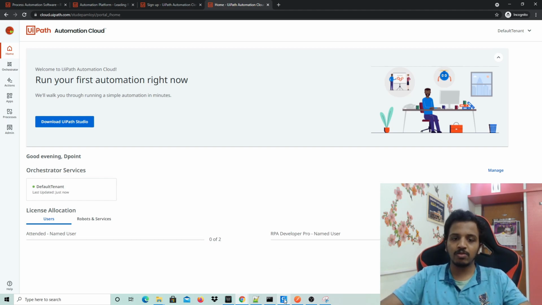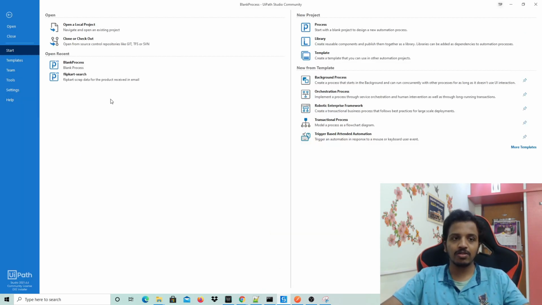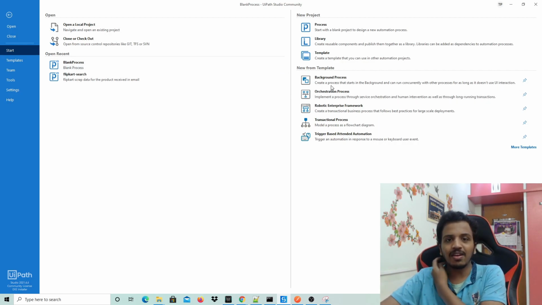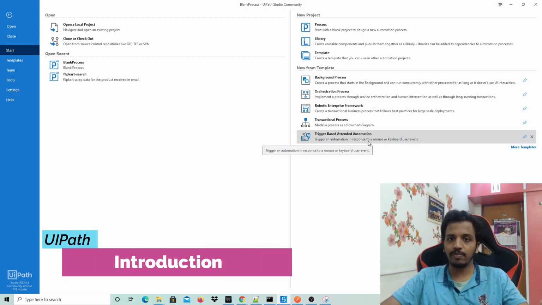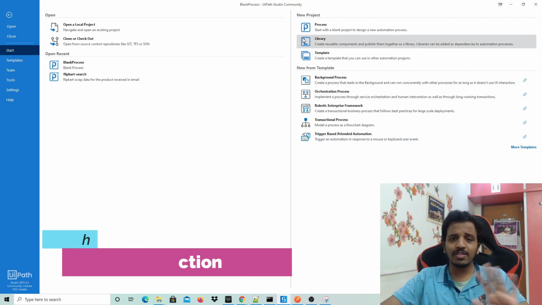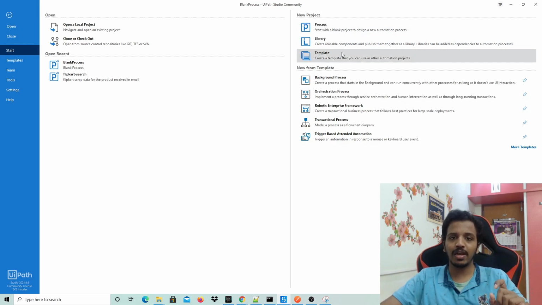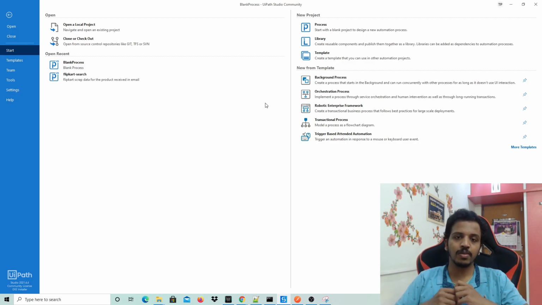Okay, so let's get to our studio, and as soon as the setup is done, this is what we are going to get. And here we are seeing we have multiple options, but we are going to understand them by using them one by one. Okay, so let's simply give a small glance at these three options. Template is just common to everything. Something is already made, on top of which we can just customize it or add our new processes. So template is something which is used by maximum people. That's why it's created as